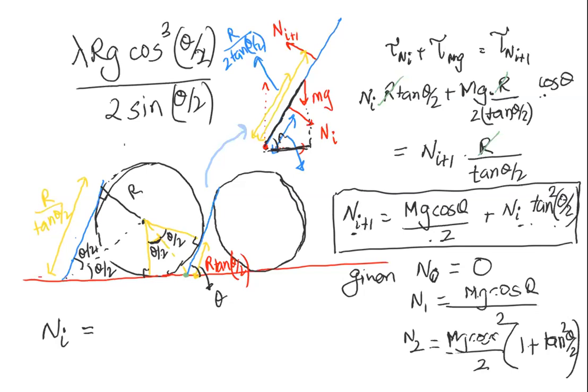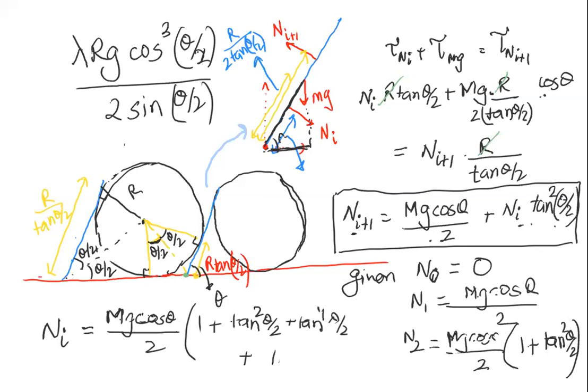So ni must be equal to mg cosine theta by 2 into 1 plus tan square theta by 2 plus tan power 4 theta by 2 plus dot dot plus